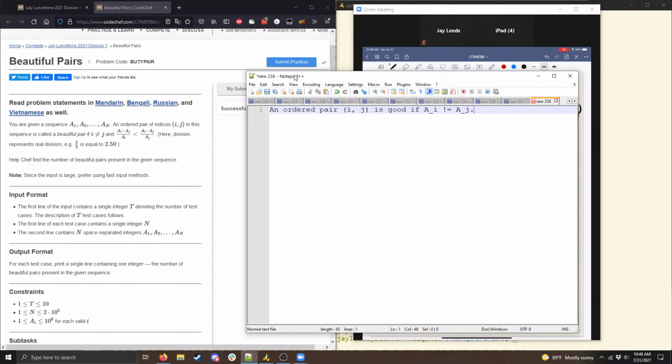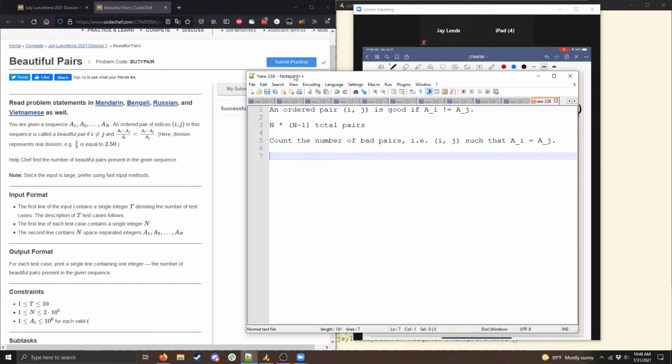The way we're going to do this is called complementary counting, which, if you're not familiar with that, is a really good technique to know. The idea is that you count the number of pairs that are not good, and we subtract them from the total number of pairs overall. So the total number of pairs overall is, if we're requiring that the indices have to be distinct, n choices for i, and then n minus 1 choices for j. And then we need to count the number of bad pairs, i, j such that a sub i is equal to a sub j.